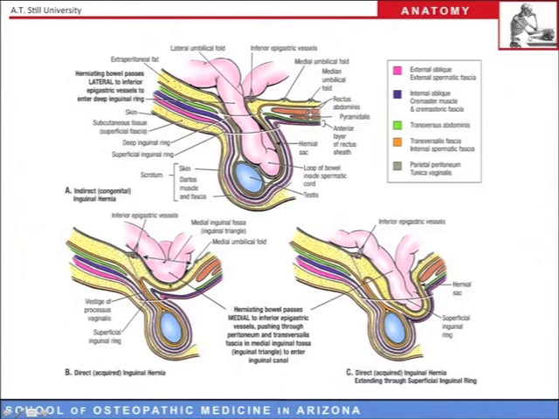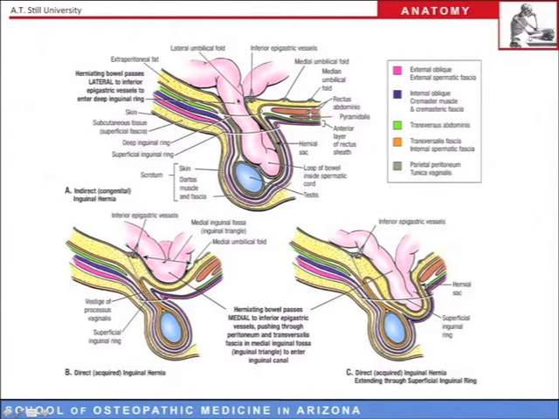Now, it can just bulge right here, or a direct inguinal hernia can also push through the superficial inguinal ring, which we see located here. So it can push through that superficial inguinal ring even though it didn't go through the deep inguinal ring, which would have been here. All right, and so that's the difference,